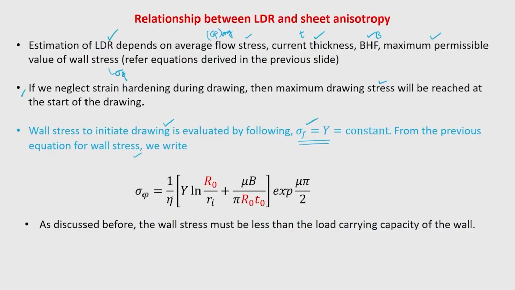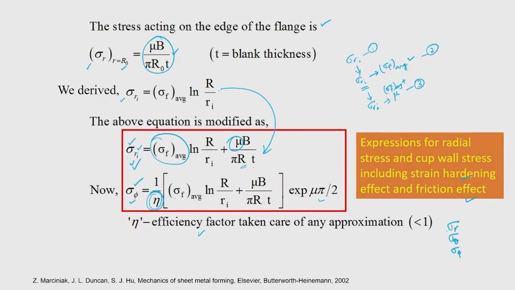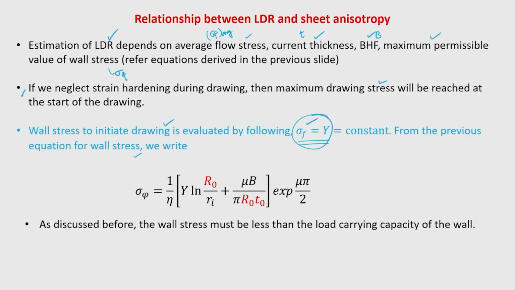So, what I am going to do is put this condition into this equation. I am going to convert that into Y. So the general flow stress is going to become my yield stress, and I am going to say that my sigma phi is nothing but 1 by eta into Y times of ln of r naught by ri plus mu b divided by pi r naught t naught exponential mu pi by 2. Only thing is I am going back to my original dimensions r naught and t naught here,